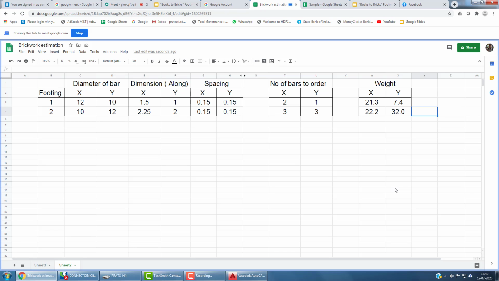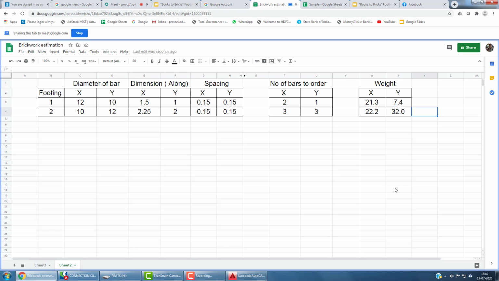So today I have again cleared your doubts regarding the length of the brick wall, and then we started with footing. We calculated PCC footing quantities. Then we came to footing actually. Then we calculated the steel quantity. Then we calculated concrete quantity also. I think it is clear for all of you. If you have any doubt, you can please message or mail me. I'll be clearing your doubts.